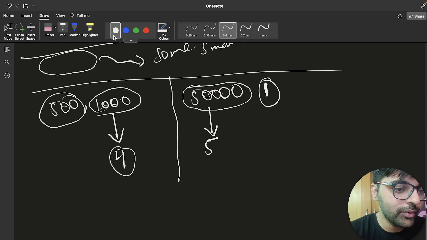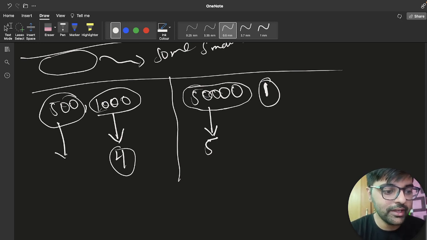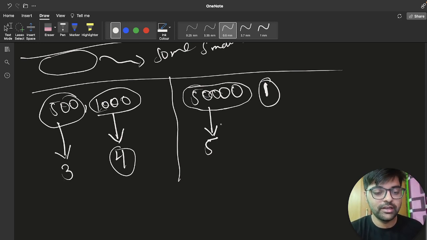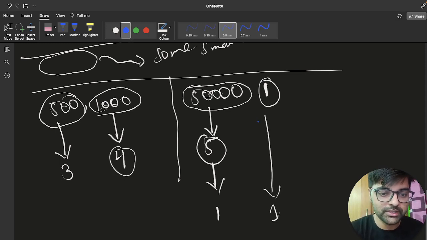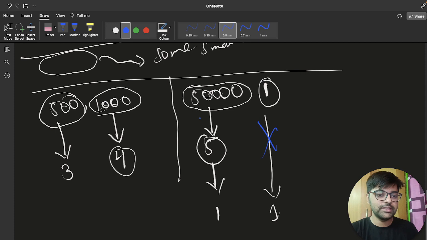So then what we'll do, we'll take 500 and make it 3. Now this is the biggest number, then we'll apply one operation and get 1. So here we have got 1 and 1. Here there is no operation. Just here we have taken 2 operations. Now what I will do, I will make it 1. I will take one more operation, and here I will take one more operation.